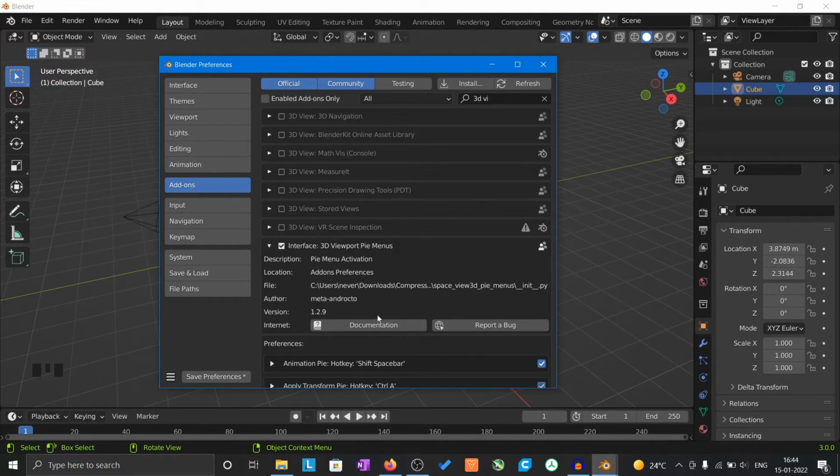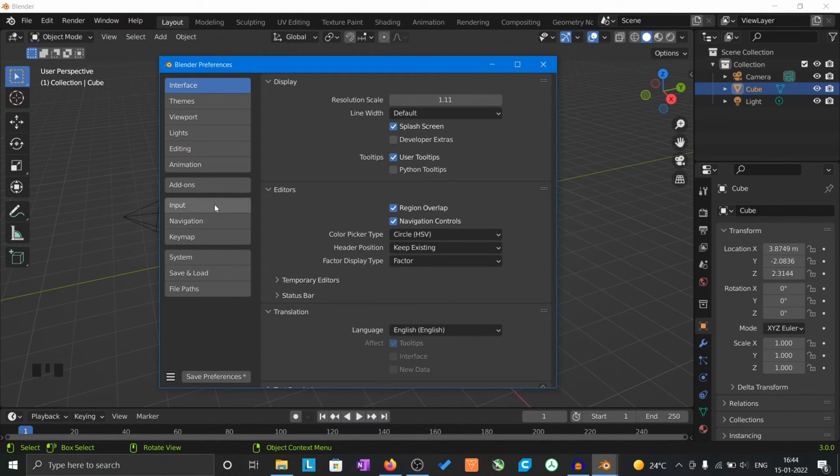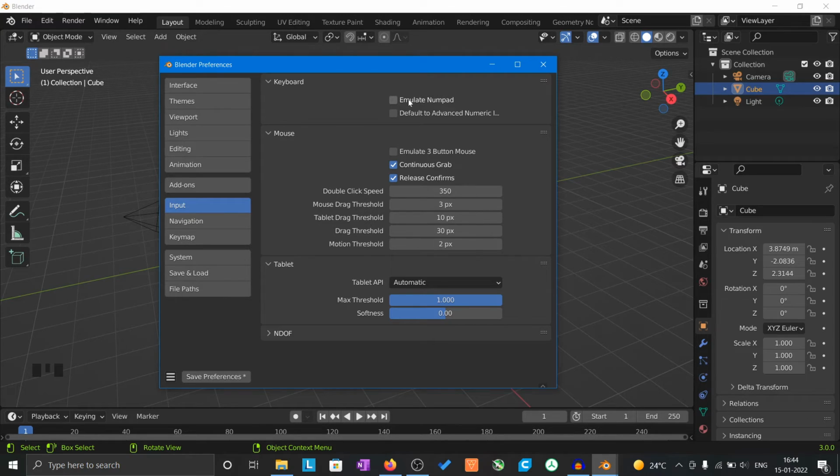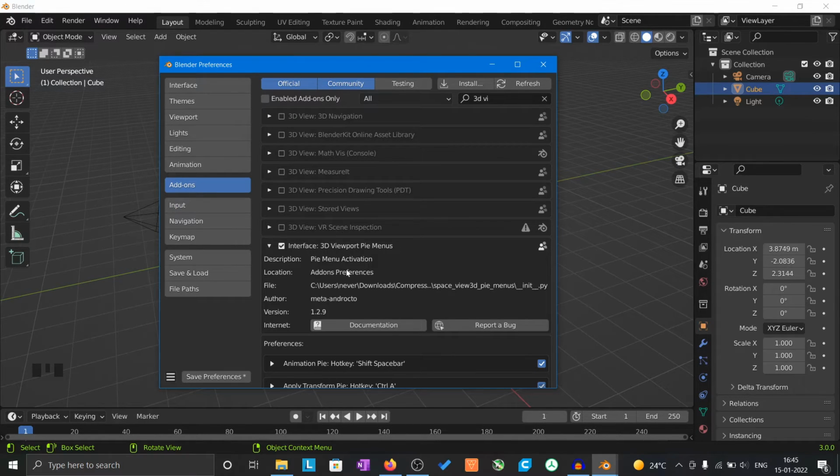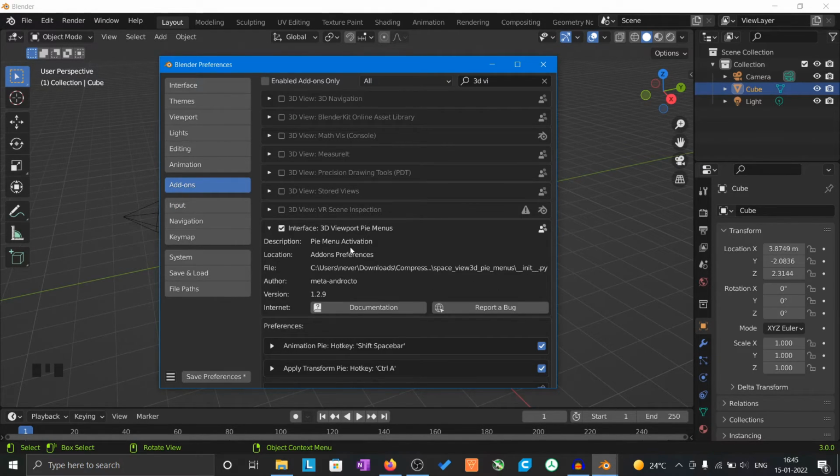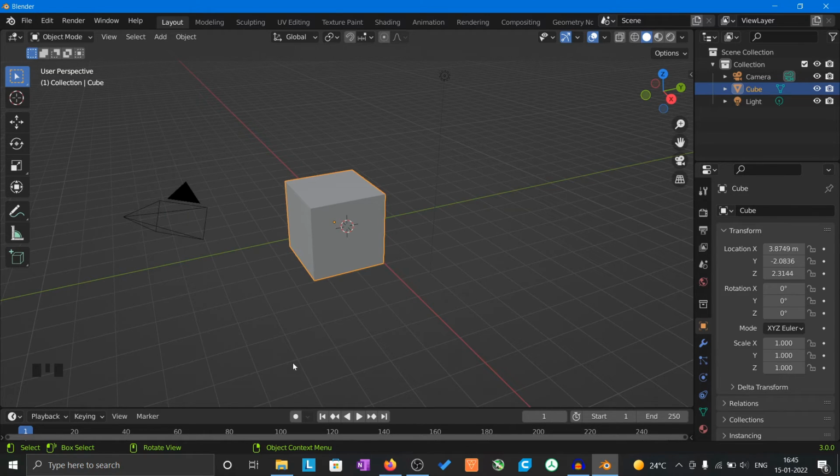This also comes to the point where I told you about emulating Numpad. I said you don't have to emulate Numpad because we have predefined settings for it. So this also touches the point of pie menus. For now, you can enable this add-on, and we will see how it works in the upcoming videos. So I'll show you how the pie menu looks. We'll close this, and the key for